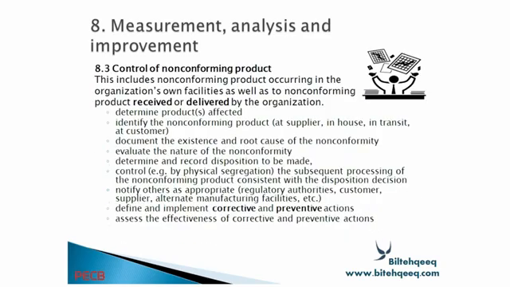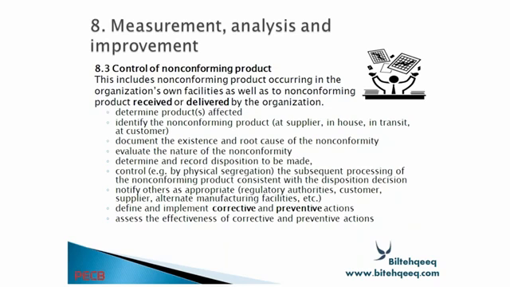And 8.3 is the control of non-conforming product. This includes non-conforming product occurring in the organization's own facility as well as non-conforming product received or delivered by the organization. Determine products affected, identify the non-conforming product at the supplier, in-house, in transit, at the customer, document the existence and root cause of the non-conformity, evaluate the nature of the non-conformity, determine and record a disposition to be made,